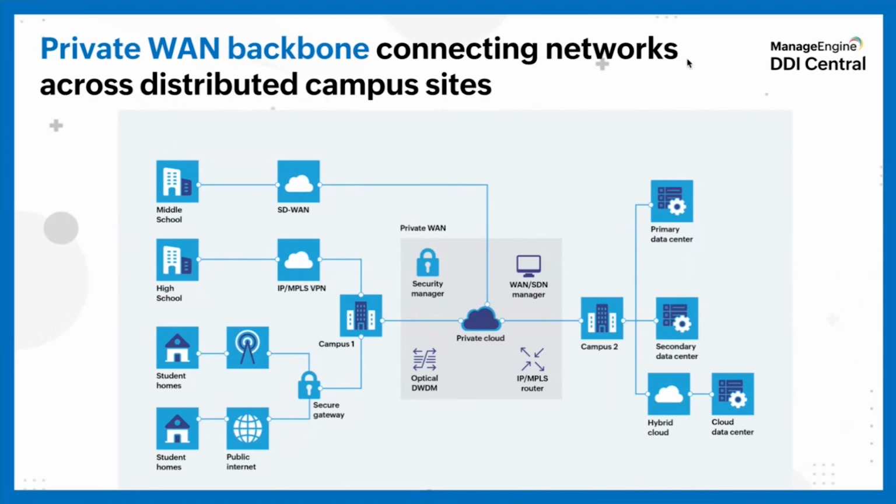As you can see, this complex setup interconnects primary, middle, and high school network facilities, all while enabling students to connect to one of these facilities from their homes through a centralized core network. This typically involves a high-performance private WAN serving as the backbone. The backbone is often established using dedicated IP/MPLS routes or an optical core that interconnects all parts of the network